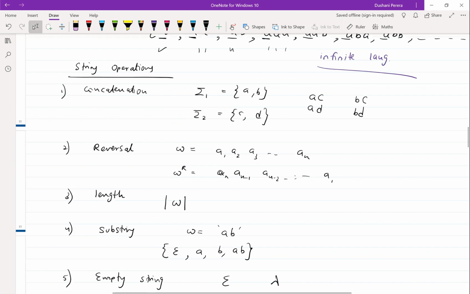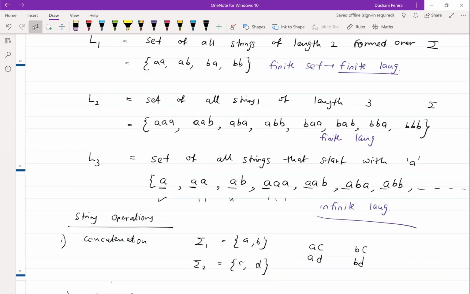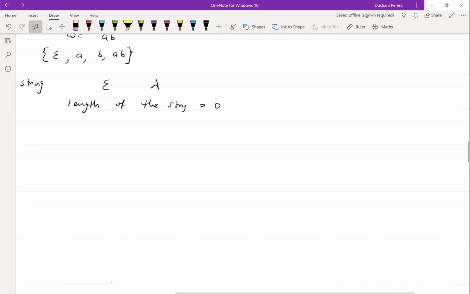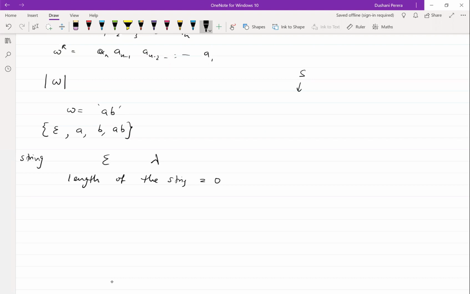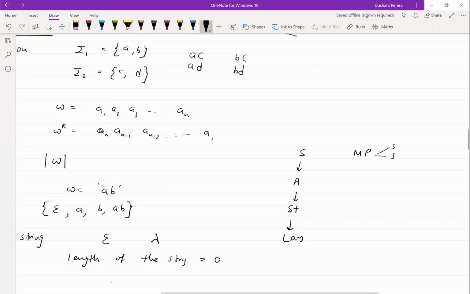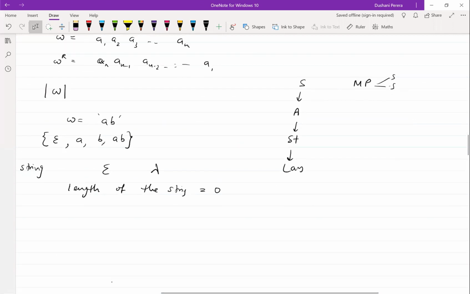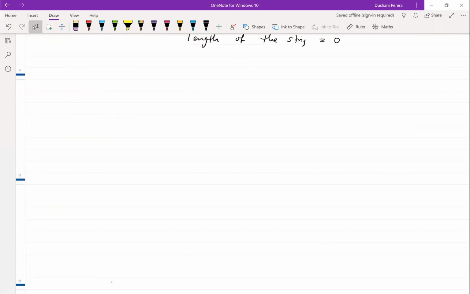So far, what did we discuss? We discussed a symbol, then an alphabet, then a string, then languages. Then we spoke about some mathematical preliminaries, sets, sequences and so on. Thereafter we spoke of the number of strings of a particular length that we can form, and about these string operations. Now we move on to talking about